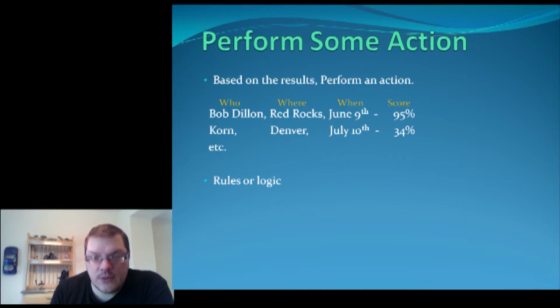And so once we have that, now we have a representational value of what we're looking at. So when we see Bob Dylan, Red Rocks, June 9th, the neural network gave it a 95% score. And when we see Korn in Denver, it gave it a 34% score because we don't care as much about Korn. And then we just create some simple code that just checks for this at a given threshold. If it's above 86%, then we expect the user to like that concert, and we send out an email to